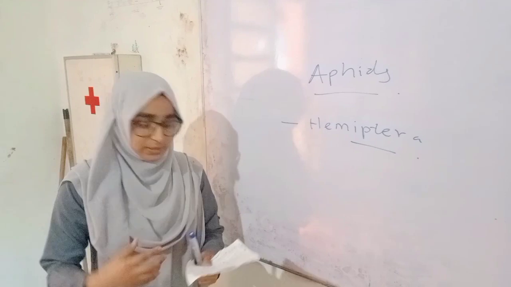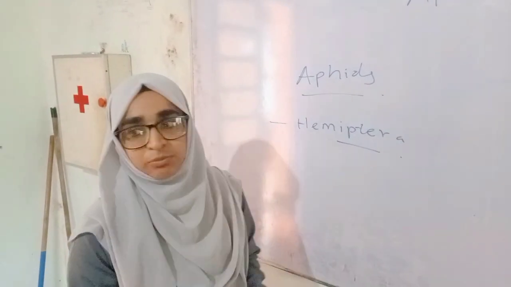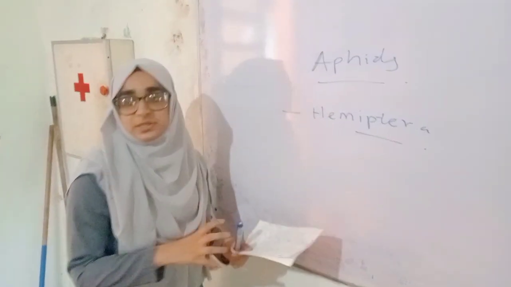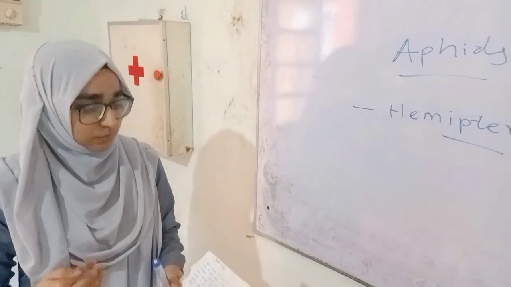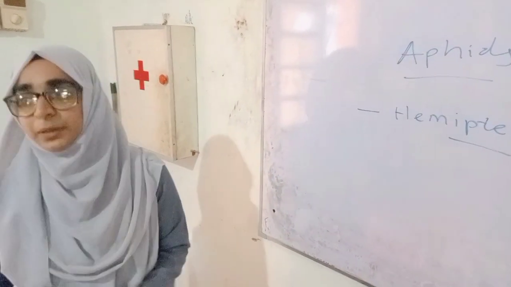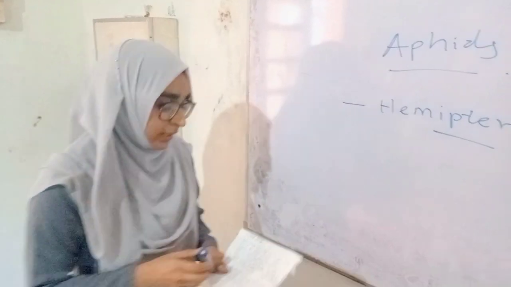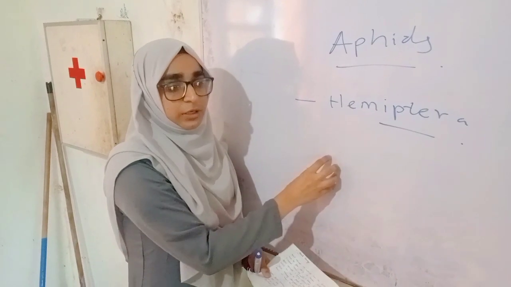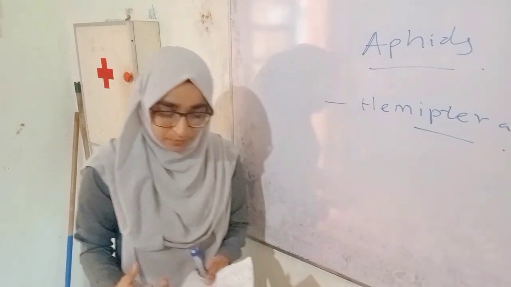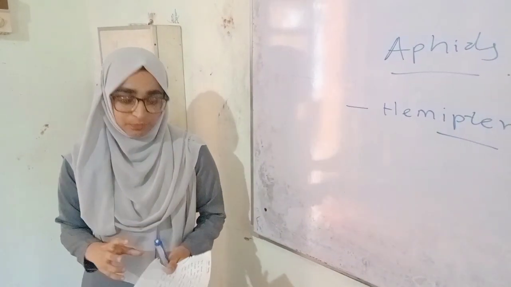Another symptom is that infested leaves may curl and become distorted. And another one is that aphids excrete a sugary substance called honeydew, which can lead